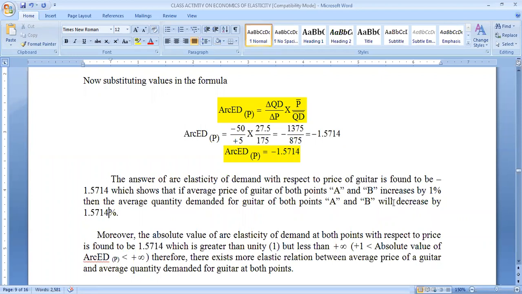Since the sign is negative, that is why average price of guitar is increasing by 1% and average quantity demanded for guitar is decreasing by